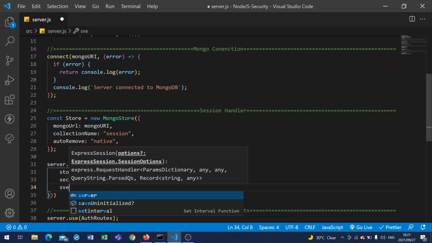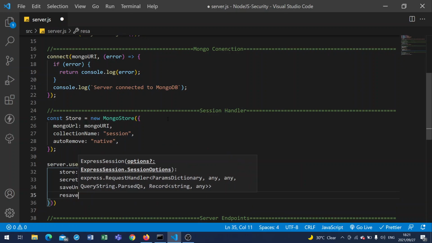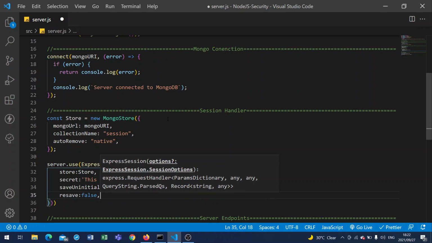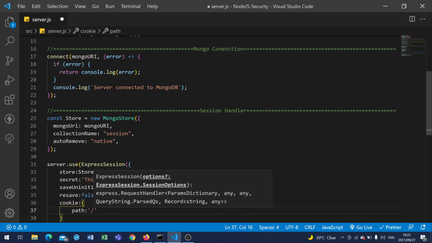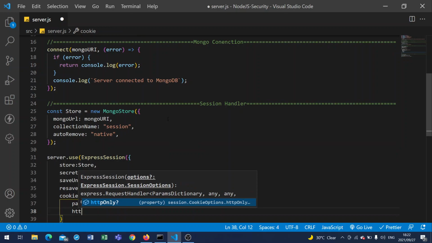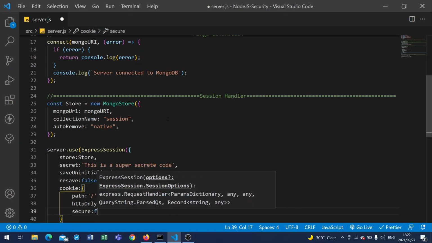And then the next thing that we need to add is what we call saveUninitialized. We set that to true. And then we take in the resave, because we don't want to resave sessions that are not modified. So we set resave to false, and then we need to give the cookie options, right? So to define options for this cookie, where is this cookie accessed, right? We can say the cookie will be accessed at the home page, right? And then we can give it httpOnly as false, and then we give it secure as false,